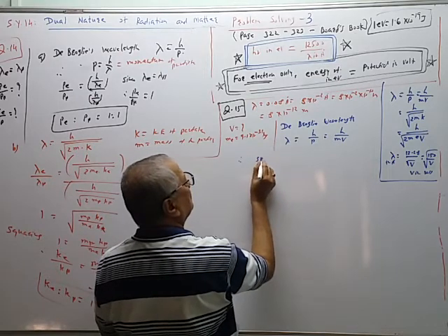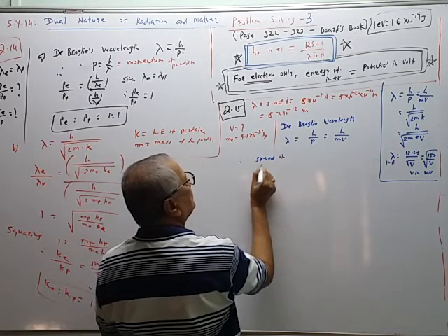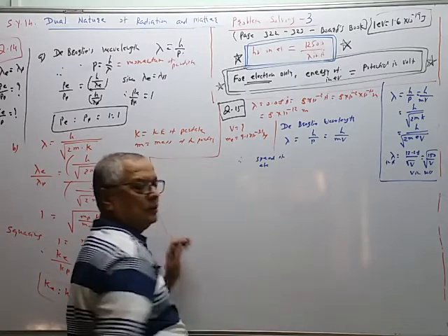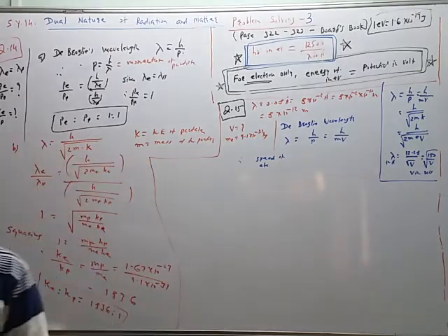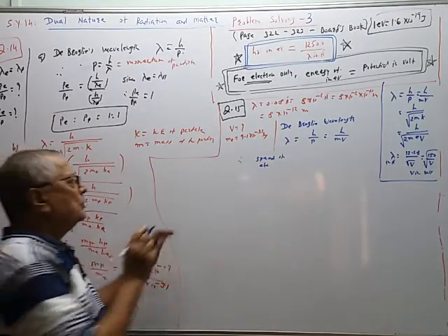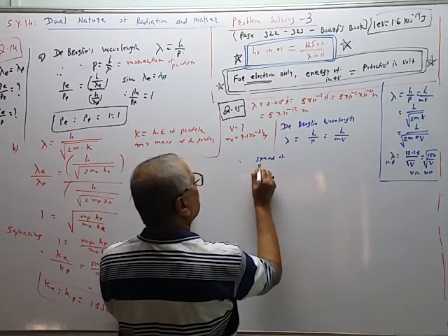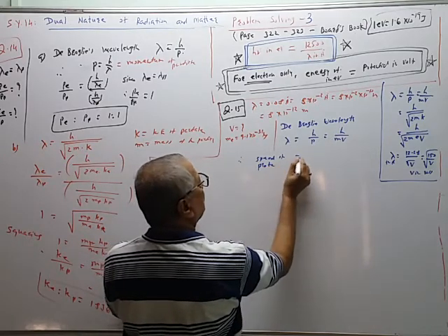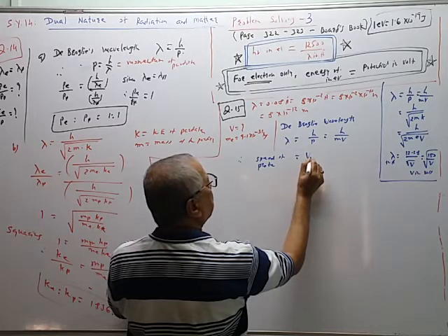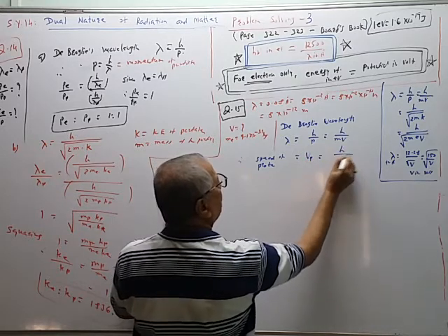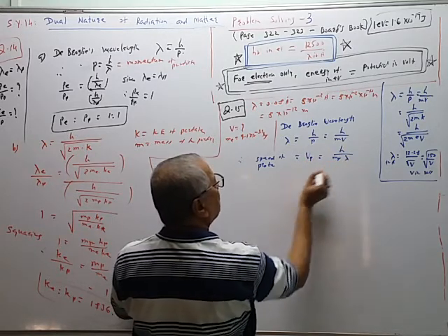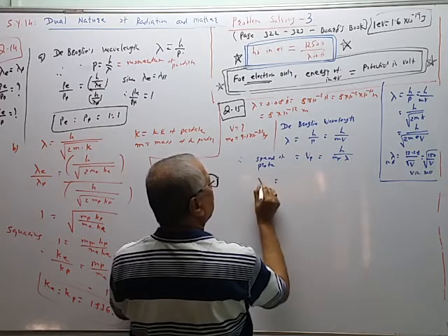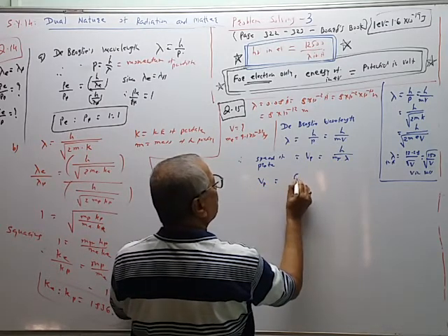Therefore, speed of the proton is equal to h upon mass of the proton into lambda. So velocity, speed of the proton is equal to